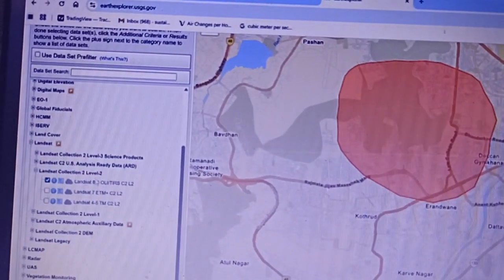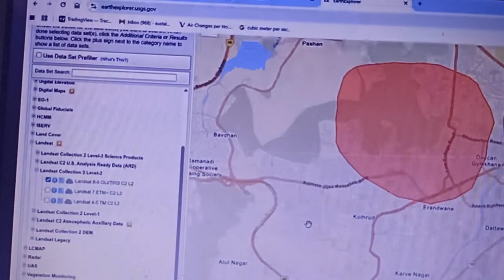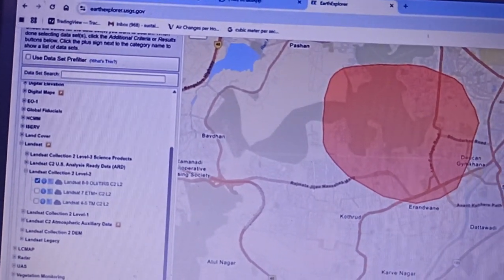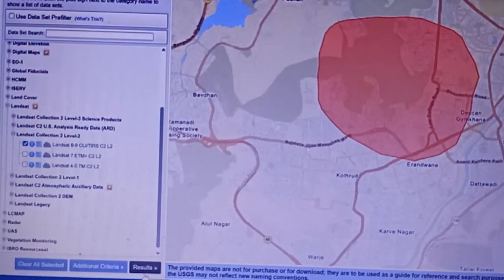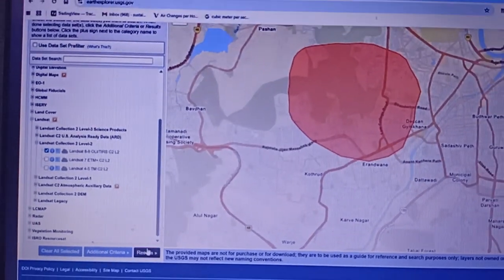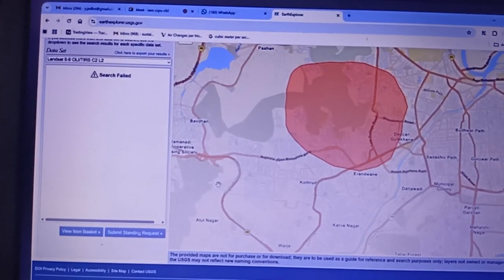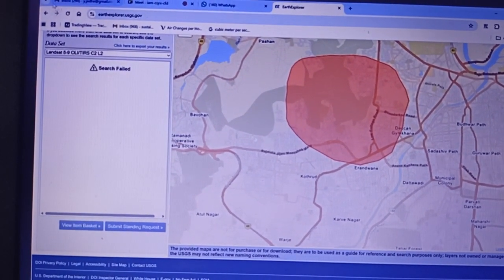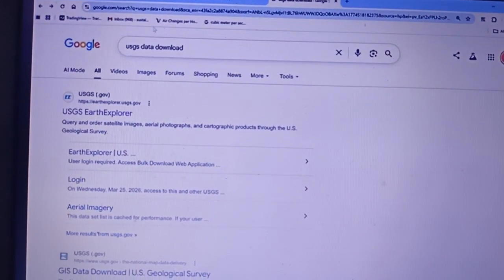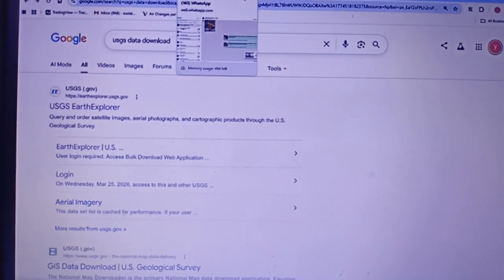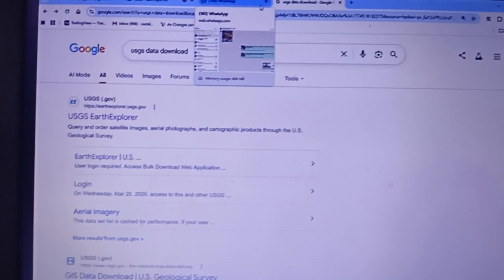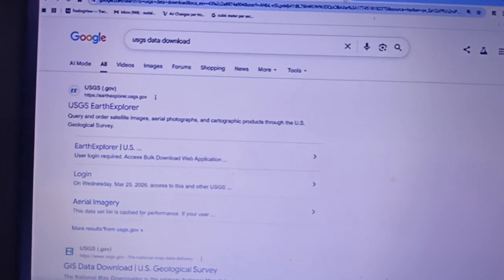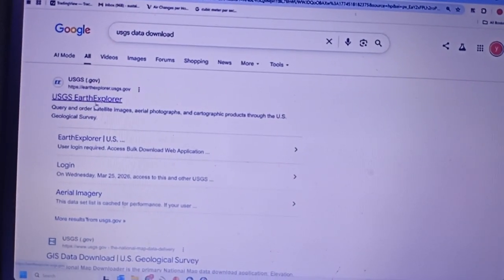Once you select the satellite imagery, you search for the results. The results show what data is available. As of now, they don't show any data because we have not selected any specific day or date. That's why data is not selected, and then you can directly download it.